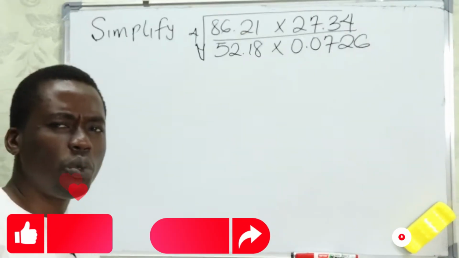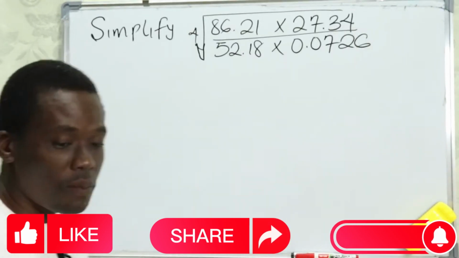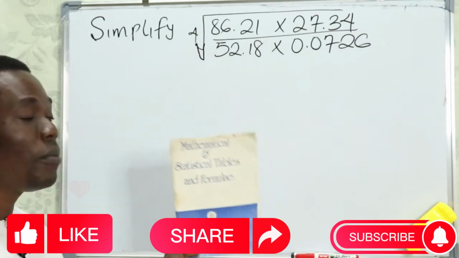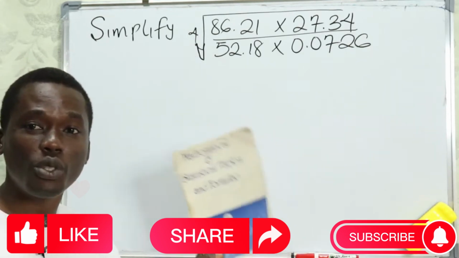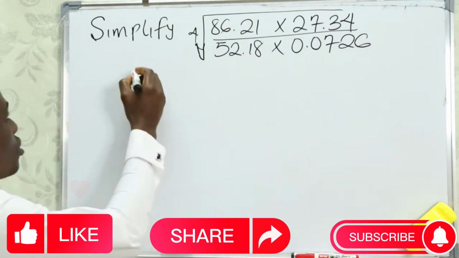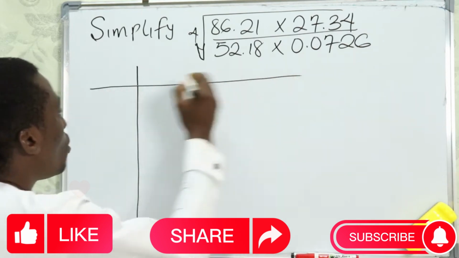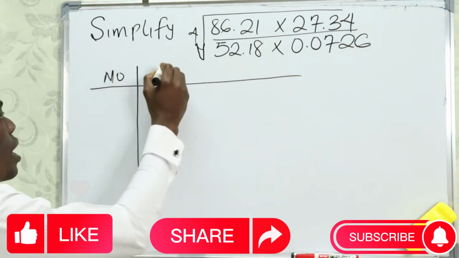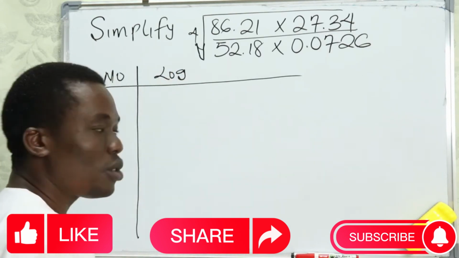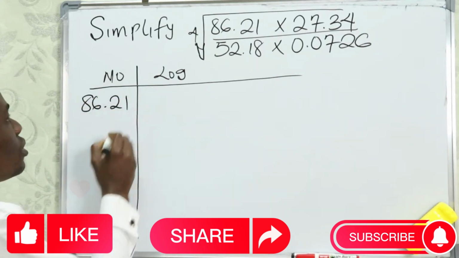Now if we want to do this, we'll solve it using logarithms. With me here is the logarithm, or four-figure table, which we are going to use to solve this question. Now let's look at the solution. We'll have our number and our first log table. Then the first number we are going to look at is 86.21, followed by